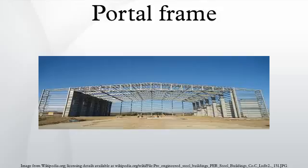Portal frame construction is a method of building and designing structures, primarily using steel or steel-reinforced precast concrete, although they can also be constructed using laminated timber such as glulam. The connections between the columns and the rafters are designed to be moment-resistant, that is, they can carry bending forces. They were first developed in the 1960s, and have now become the most common form of enclosure for spans of